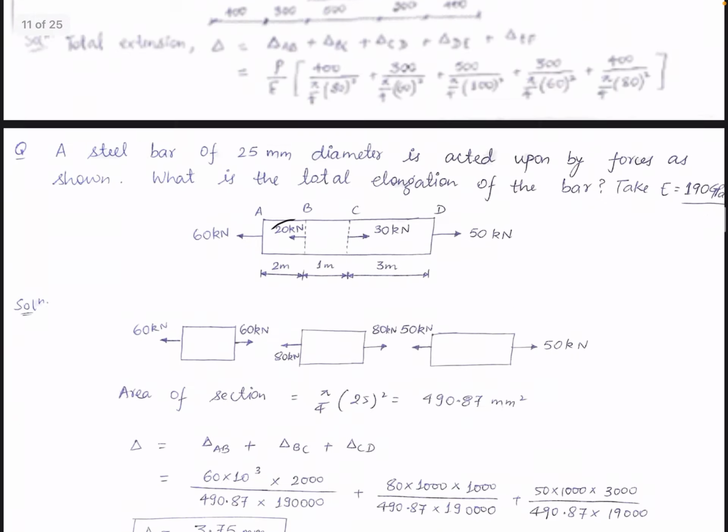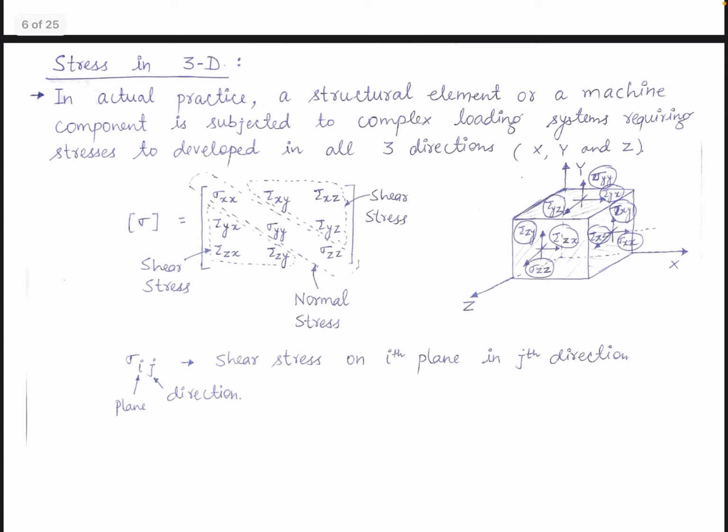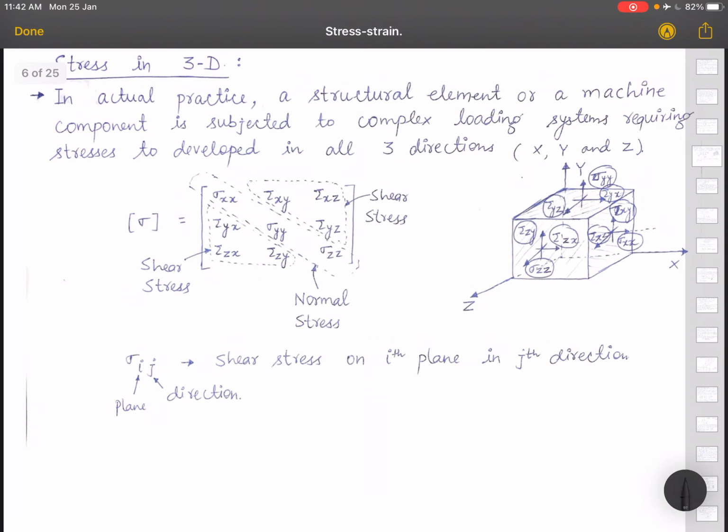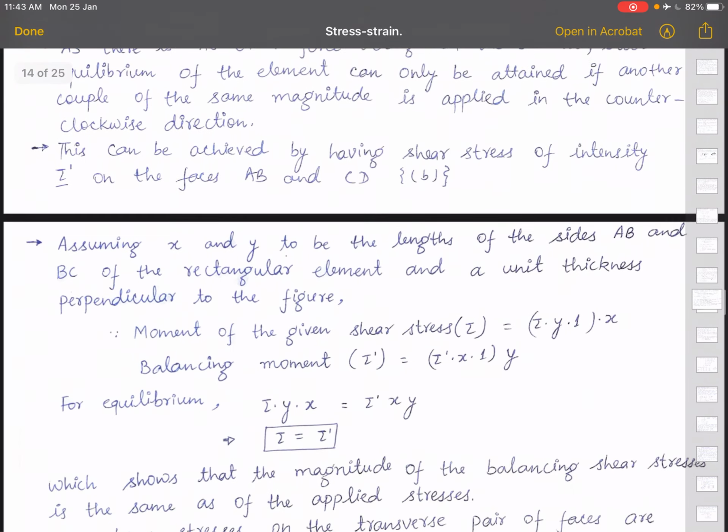Again, from this diagram you can see that tau yx and tau xy are complementary shear. In the diagram this is tau yx and this is tau xy, so they are accompanied and they will be equal. Similarly tau yz and tau zy, on the yz plane and the zy plane. So complementary shear will always be equal, and they complement each other.